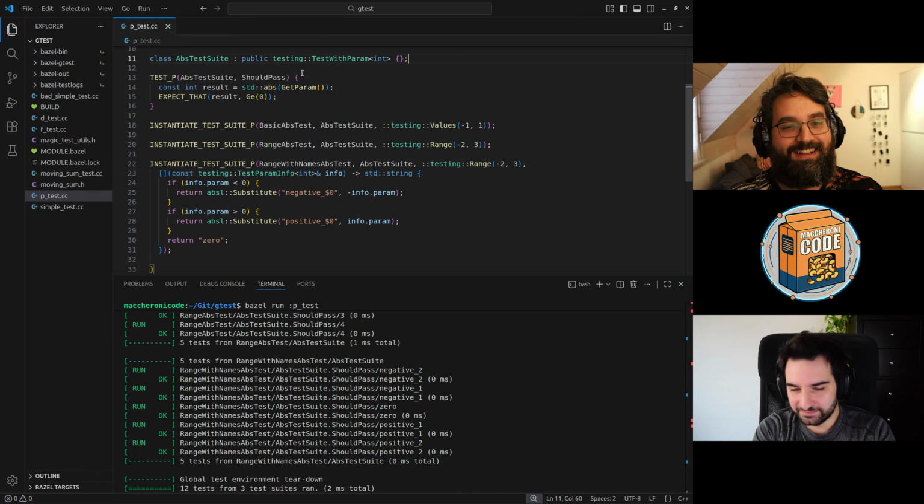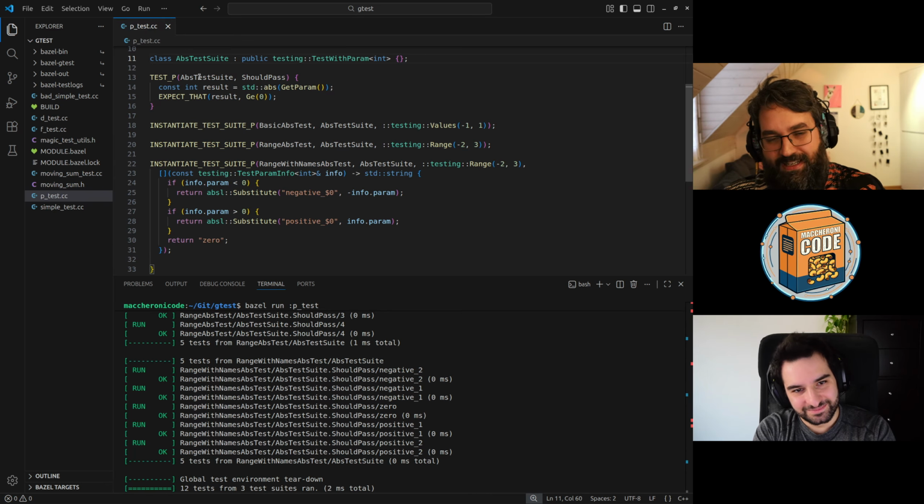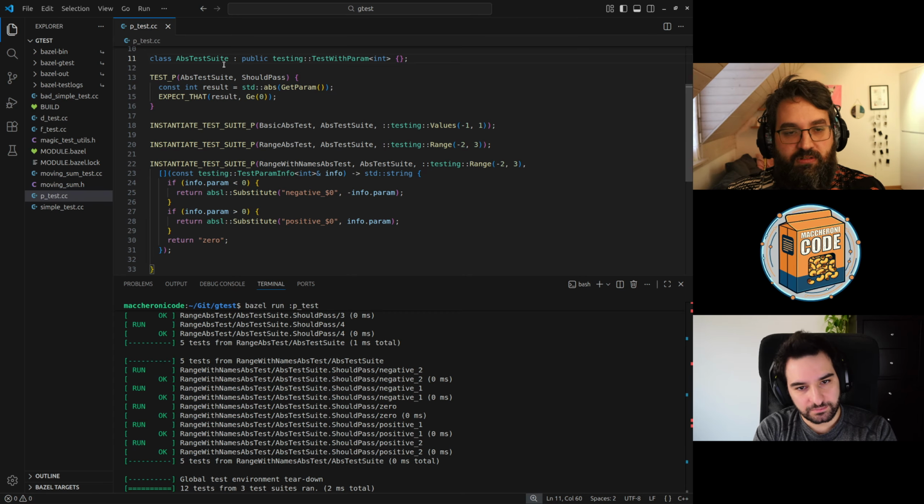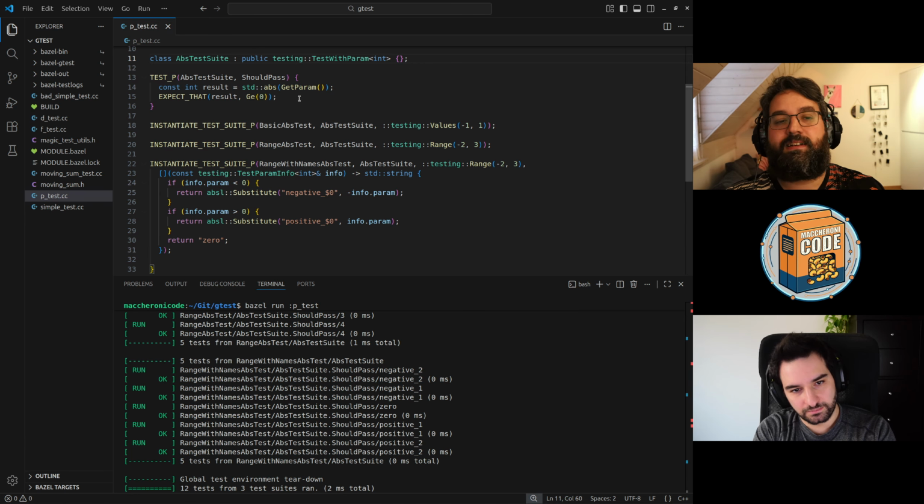So in this case, what you want to build is a suite. It's a test suite, and this is a class that inherits from TestWithParam, and all the test cases that you define with it end up being a template for a test. And you will notice this GetParam, which is there and gives you the value. You can have multiple test cases for the same test suite, and they will all be run for every value.